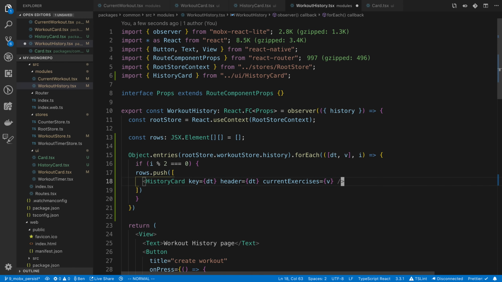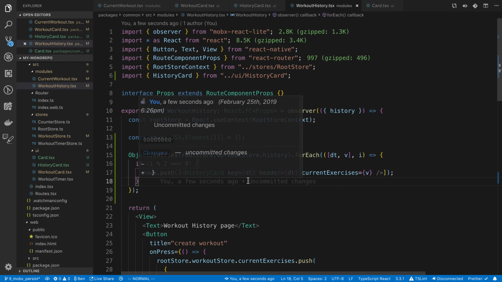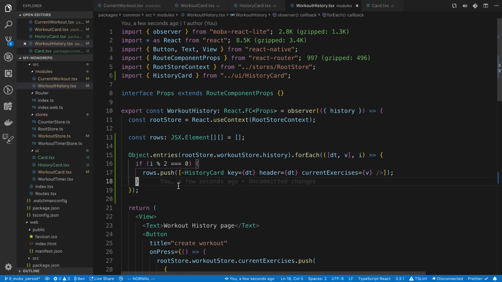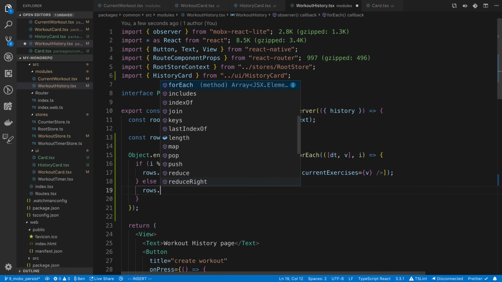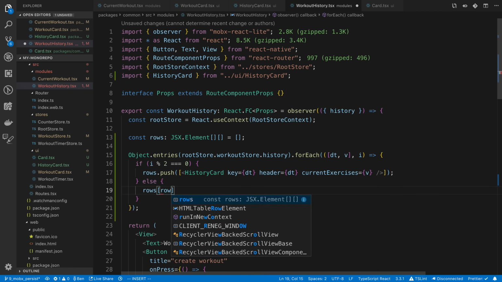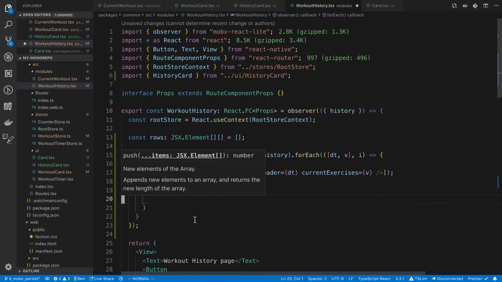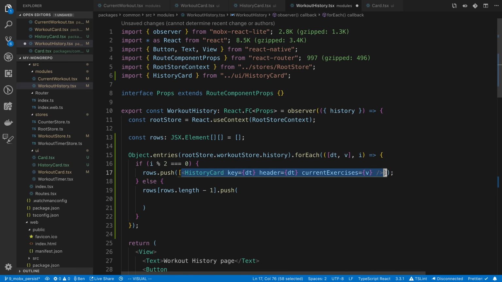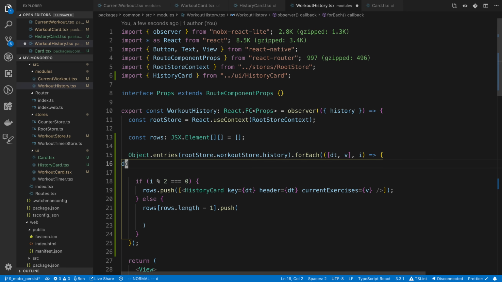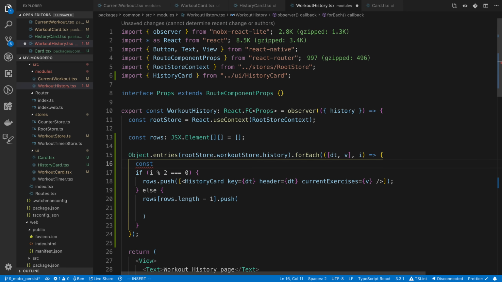All right. And otherwise, if it's an odd element, all we're going to do is get the last item in the rows and append to it. So we're going to say else rows.length - 1 .push, and we're going to push on to that. And we're still going to create a history card. So notice we're going to do this twice. So instead of doing it twice, I can say const history card